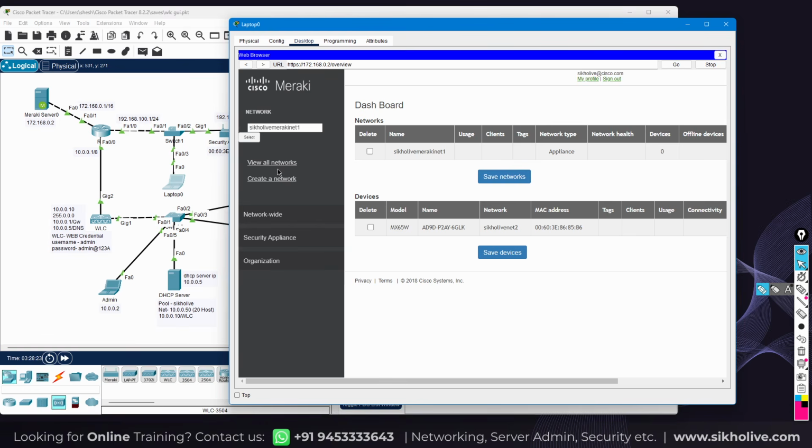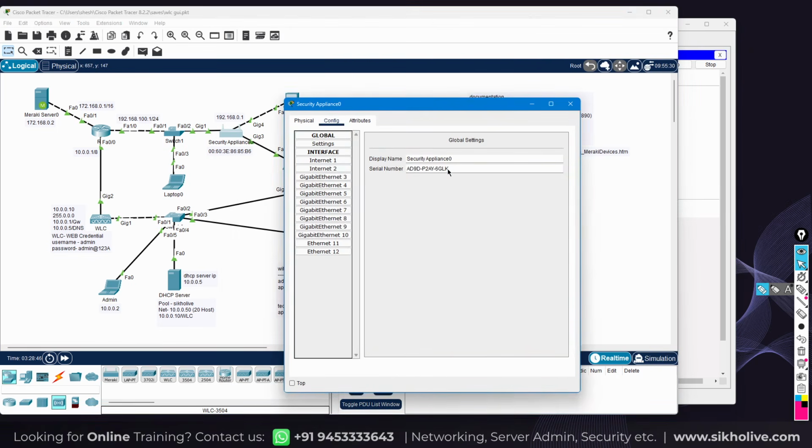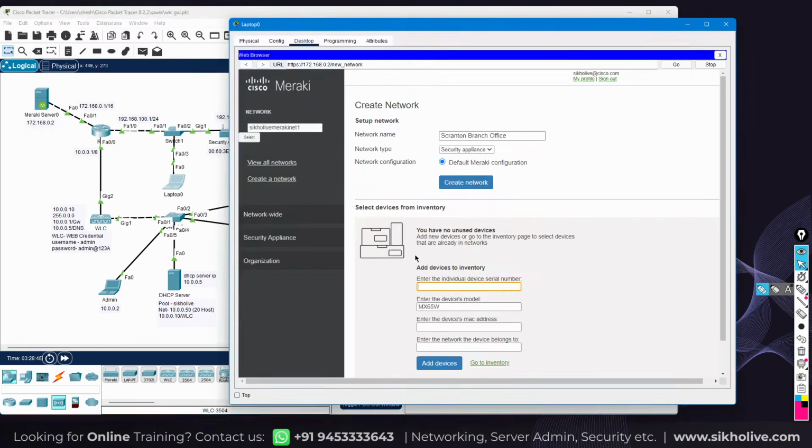Okay, now you can see, let me click on create a network. Now you can see this is my selected network and I'm going to register the security appliances. Enter the individual device serial number. So I'm going to copy this serial number and assign the serial number over here, and this is the model number